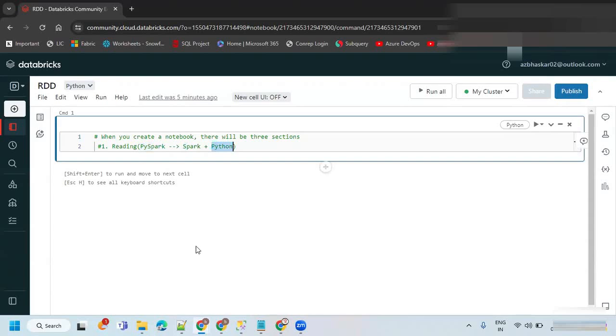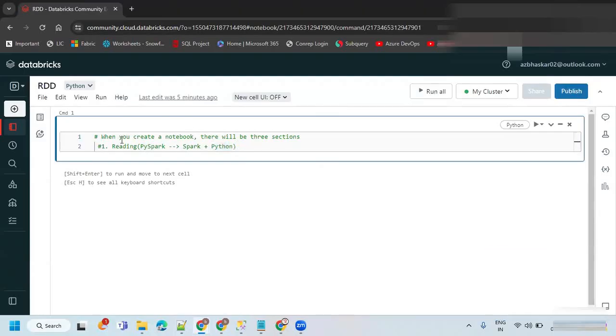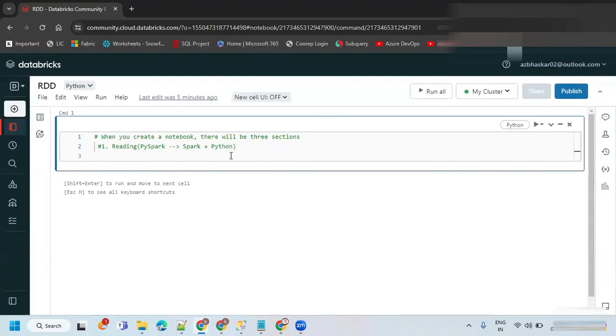The reason why we are going to use Python as part of the notebooks is because a huge number of modules are available. So you can use many modules. Just now we have imported the datetime module, right? In the same way, you can import any module into the notebook and use those functions in order to do the transformation. That facility we are having, whereas in Scala, we have a smaller number of modules.